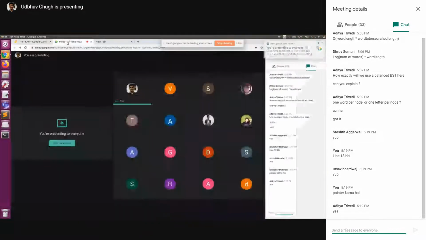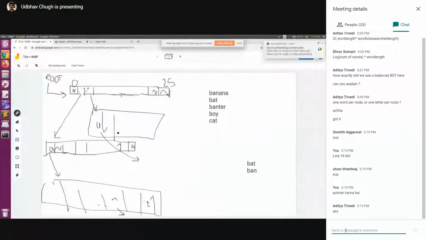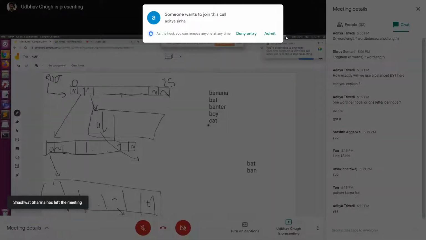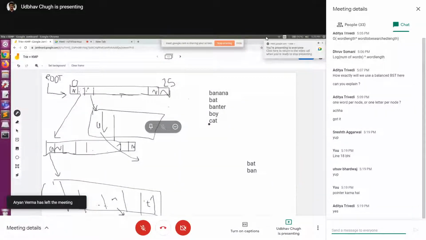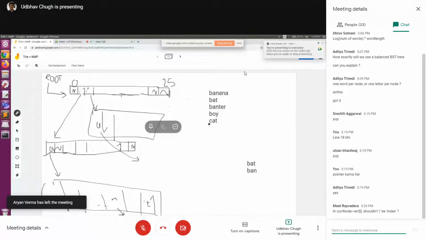Let's say we have to search whether bat is present or not. Searching is pretty intuitive, right? We first look at B, and B is not null. If we were searching for, let's say, donkey, we'd check D first. Since we haven't initialized D anywhere in the first letter, we simply know that it's not present. So the not-present case is pretty easy, right?